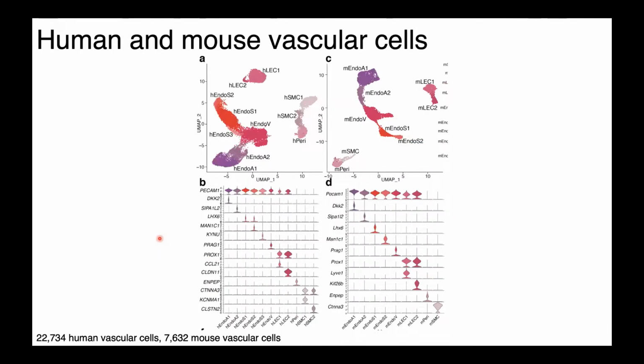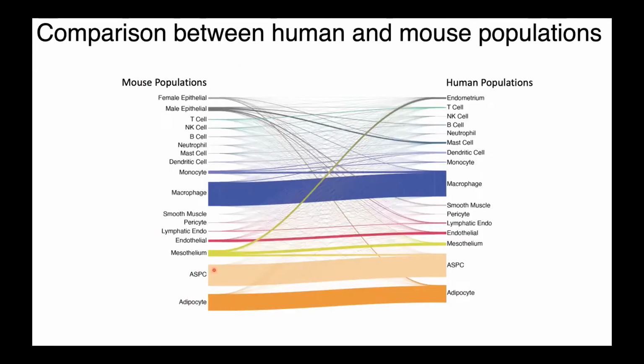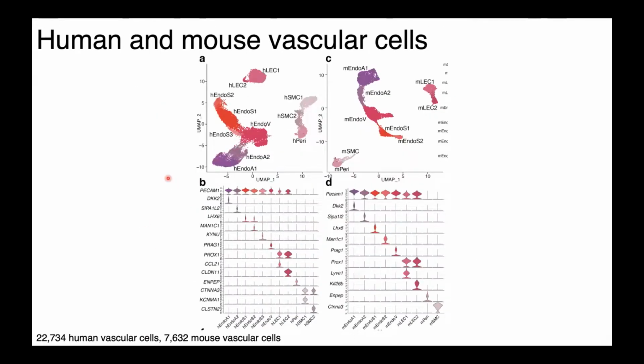So next we wanted to look at these cell types more specifically. So what we did is we took each of these groups, we divided the data into adipocytes, adipose stem and progenitor cells, mesothelial cells, vascular cells, and immune cells. And we took each of these subsets and computationally separated them from the larger data set, and then reintegrated and reclustered to look at what differences we see between these cell types. And we do actually see a number of differences that, in the case of the vascular cells, which are shown here,